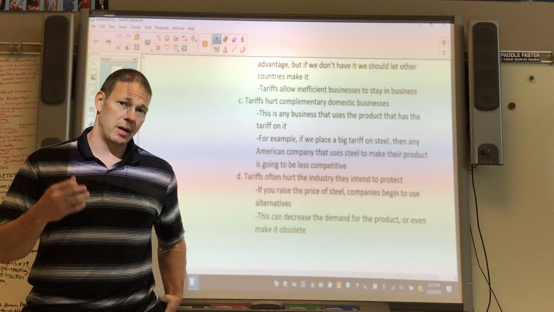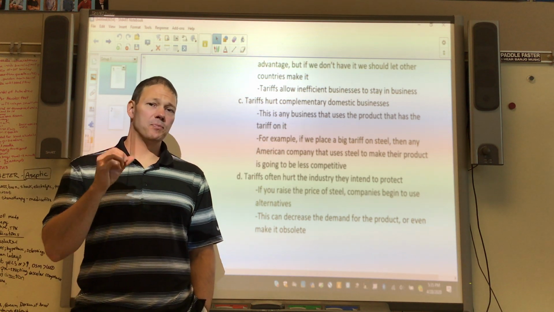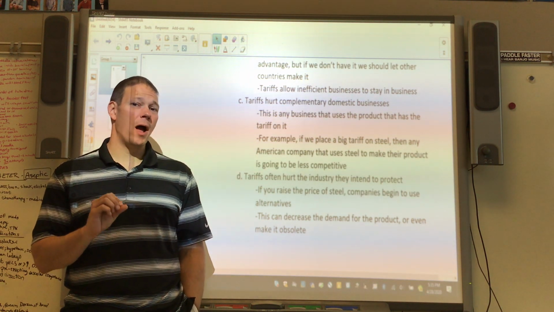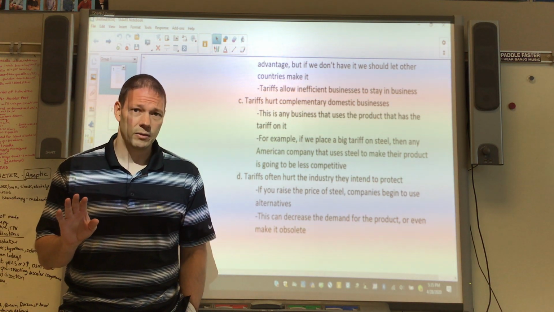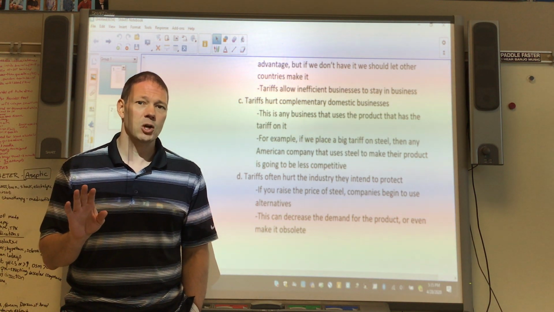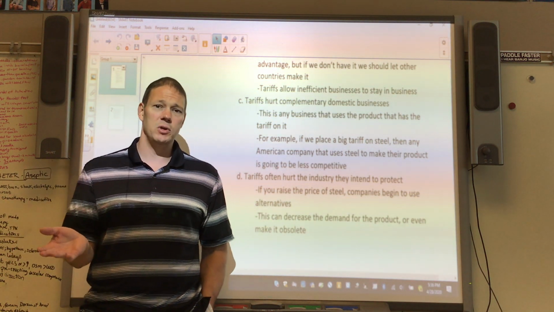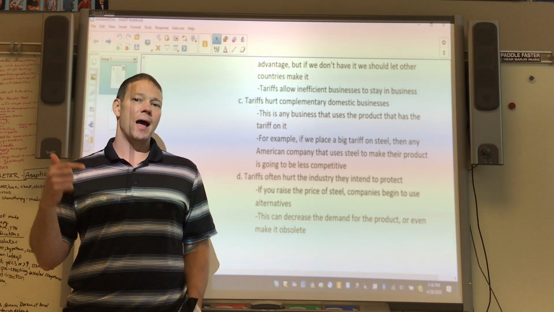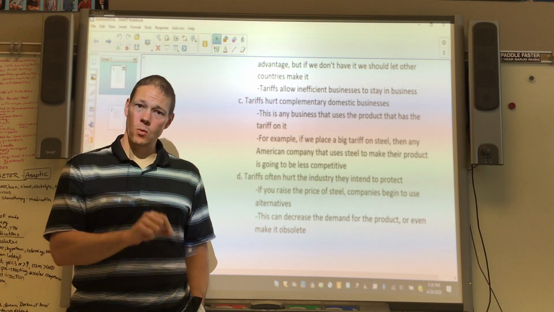Another great example, and this is one of the reasons why you're going to see pretty soon why I'm so jaded against tariffs. Tariffs are one of the reasons why for about a 2-year period there were no Twinkies being made. That sweet golden spongy cake goodness I was deprived of for almost 2 years because in America we pay one of the highest prices for sugar in the world.